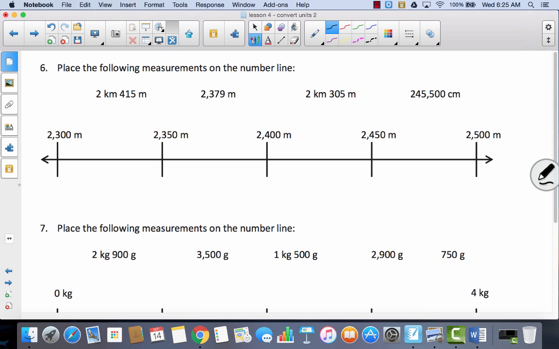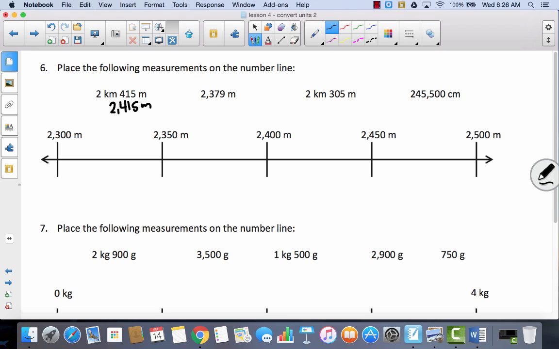All right, now we're going to put some of these on a number line. Again, you'll notice our number line starts at 2,300 meters, and it goes in intervals of 50: 2,350, 2,400, 2,450, 2,500. Up here I have some measurements that I'm going to put on the number line. You can see some are in kilometers and meters, some are in meters, and some are in centimeters. In order to put these on the number line, it's very helpful if I change them to meters. So if I have 2 kilometers, 415 meters, that would be